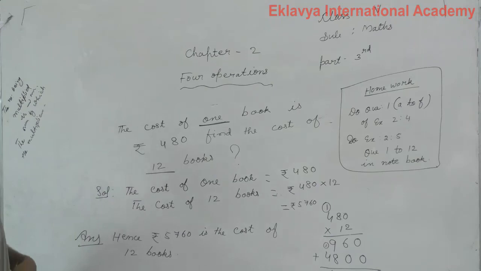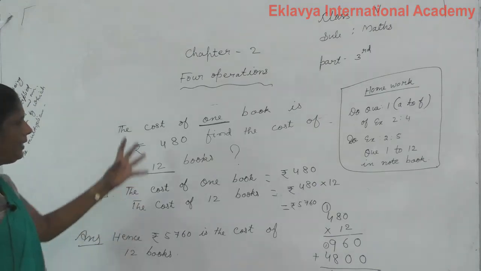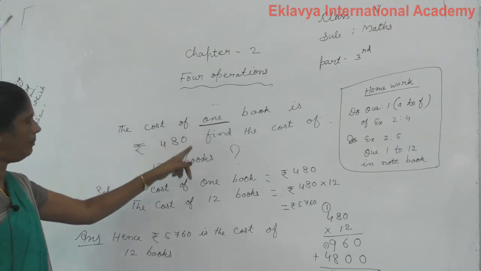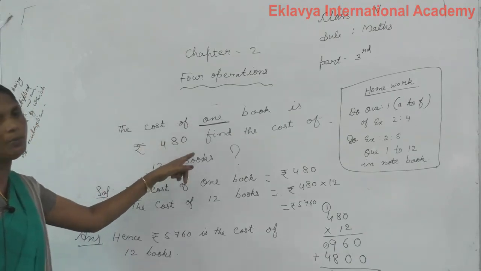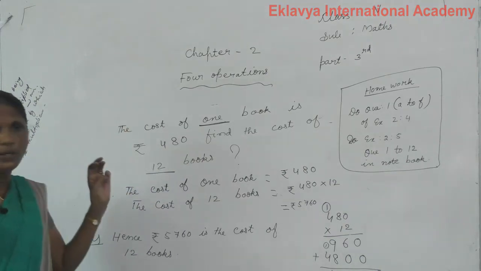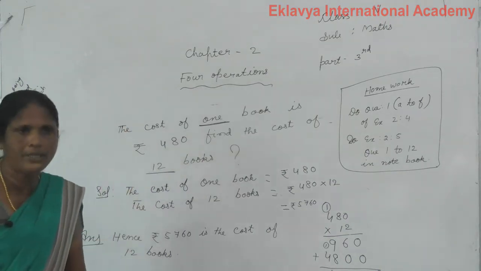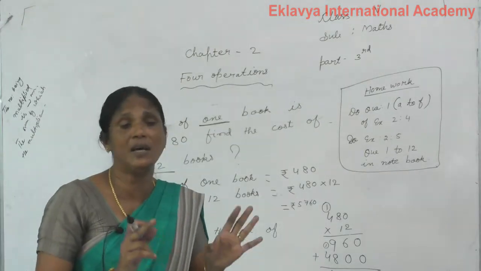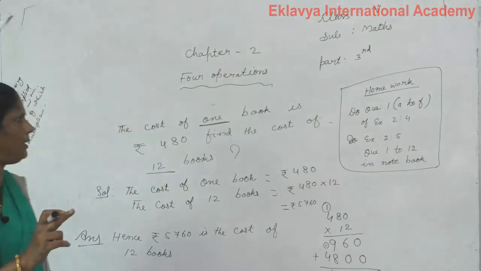Understand this? All students understand? This is the solving problem. One given, many find. This is multiplication. Which words are not coming? WH words, that is how much, how many, find, what. These words do not come in the statement.